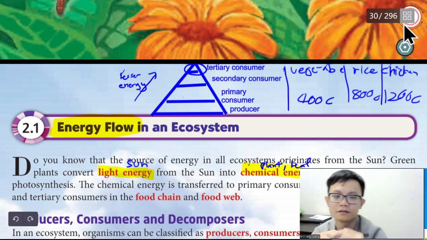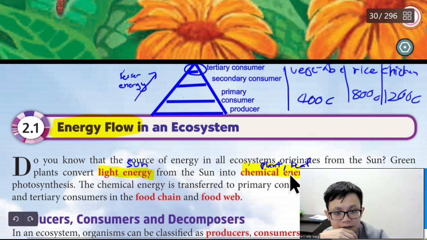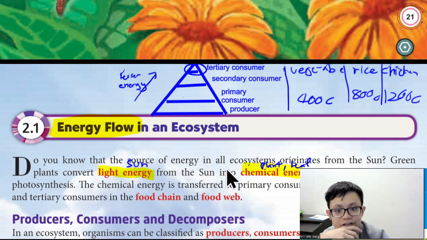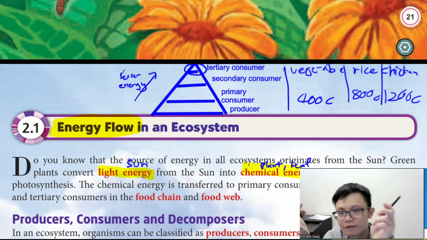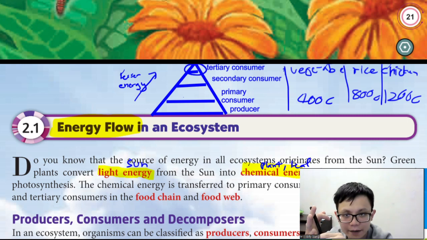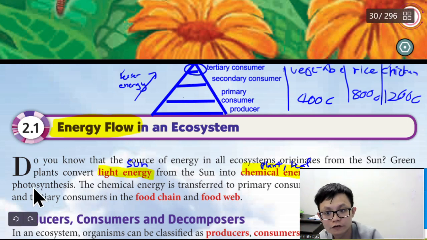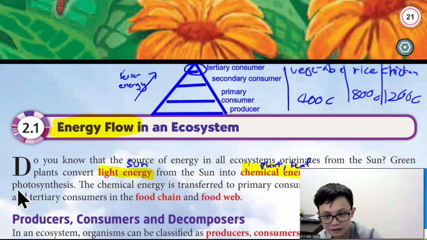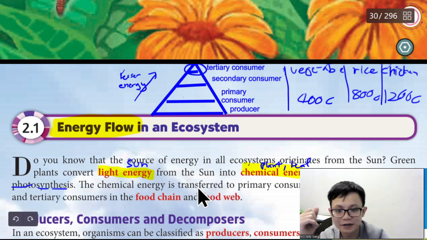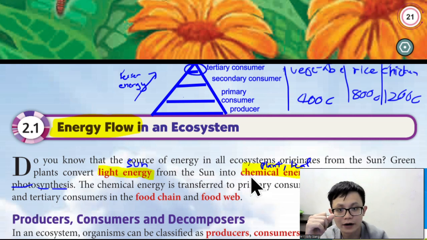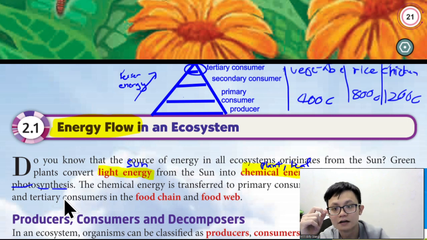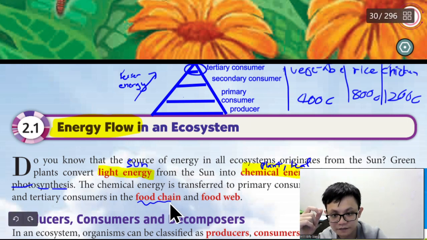So it's stored in the plant. The sunlight energy is stored as chemical energy in the plant, at the leaf, at the flower, at the woody stem, at the root, through the process of photosynthesis. What do we call it in Chinese? The chemical food is transferred to primary consumer and then to secondary and tertiary consumer in the food chain and